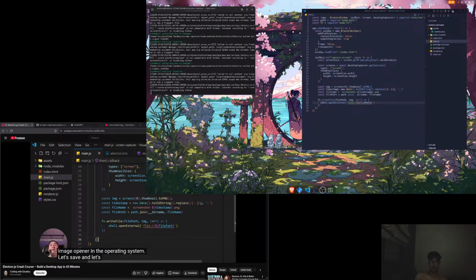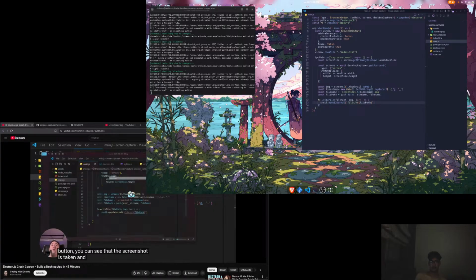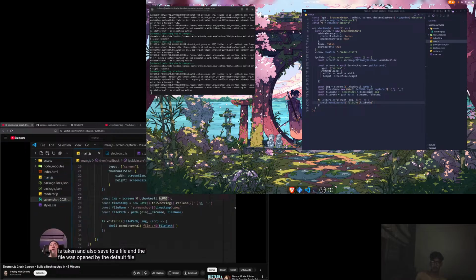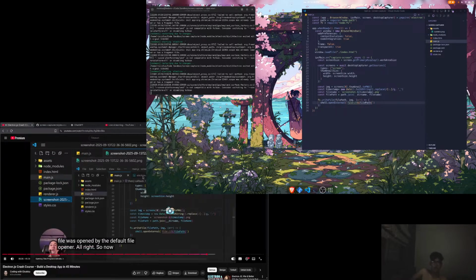Let's save and let's try the application now. If we click on the camera button, you can see that the screenshot is taken and also saved to a file, and the file was opened by the default file opener. All right, so now everything is working as expected. You can see now the screen